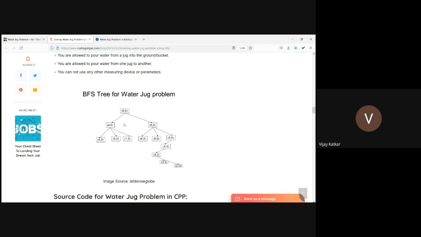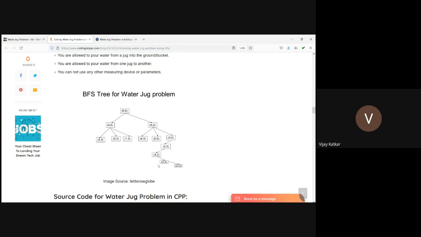So what if we select this rule? That is 4 liters of water in jug 1 and 0 liters of water in jug 2. Now three possible rules can be applied. First, I can fill the second jug completely. Second, I can empty the jug, but again we are moving back to the original condition, so we can skip this. Third is to shift the water from jug X to jug Y. So I can shift 3 liters of water because the capacity of jug Y is 3 liters, and 1 liter remains. Similarly, over here.